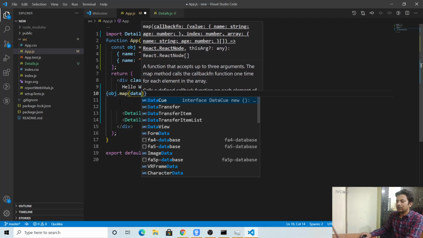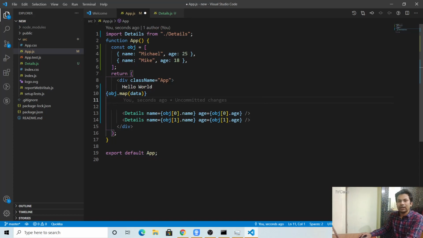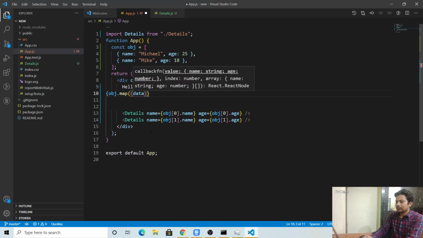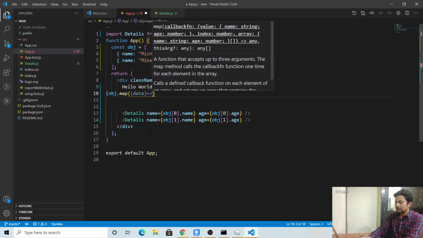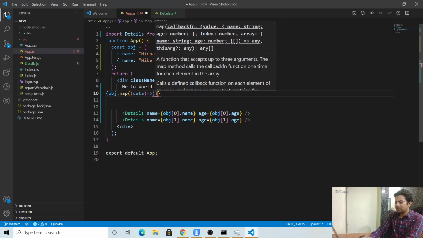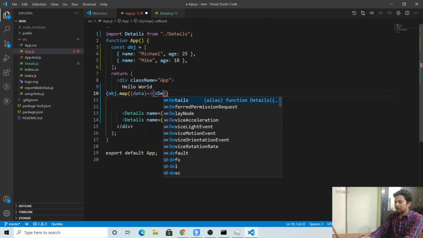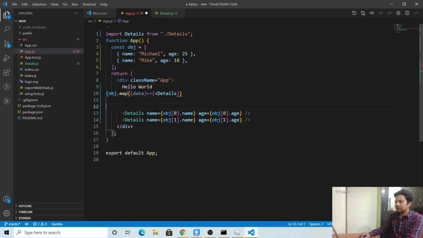What's happening is object.map is picking one index, suppose this one, and putting it here like a loop, then again picking the next and putting it in data, like a loop, and here we'll create a function. And here we'll use details, and here we'll copy the same thing.